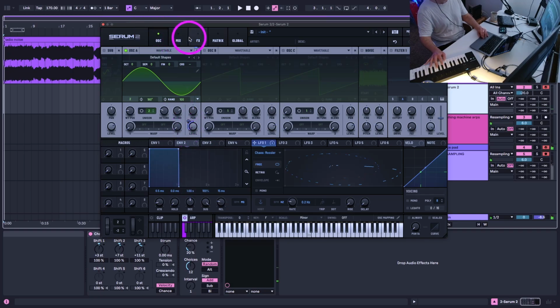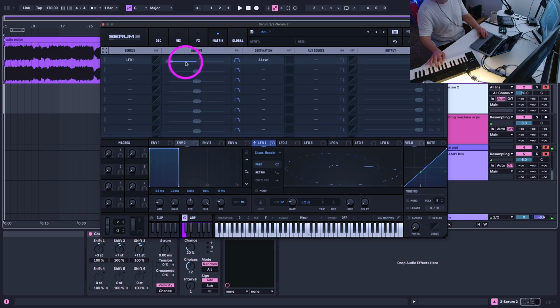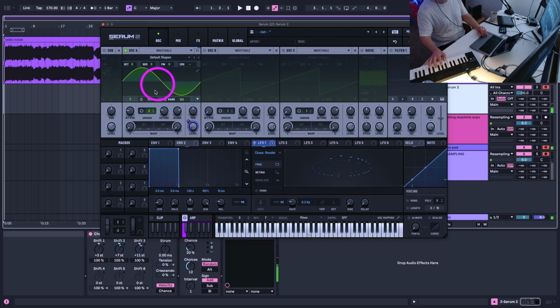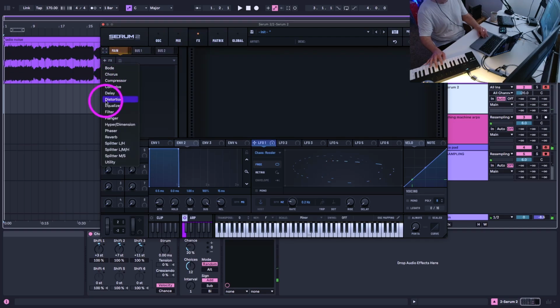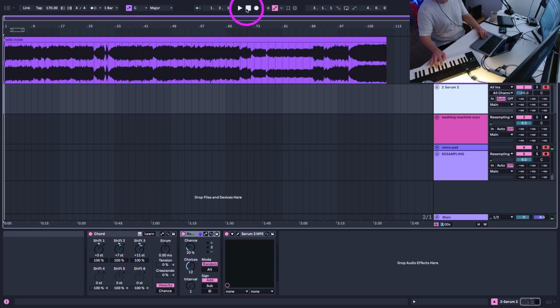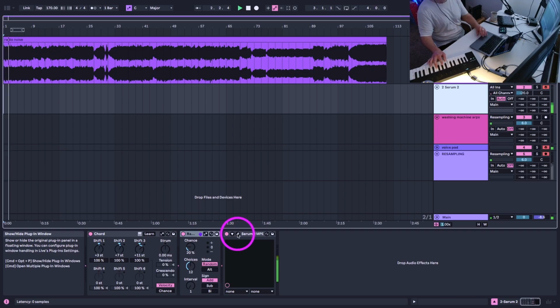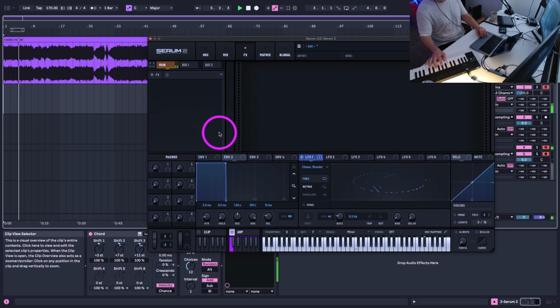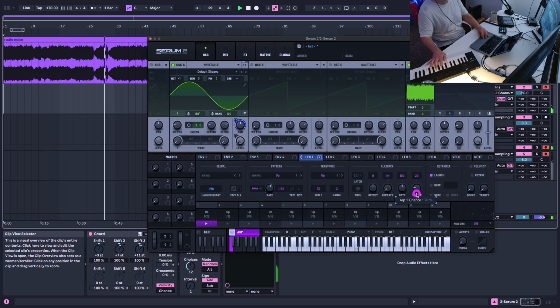That's it, okay. Still getting used to exactly how Serum works. Like that? That's it. Yes, that's what I want. I want it to be almost like just a random little radio signal thing that's coming in. Drop that chance right down.